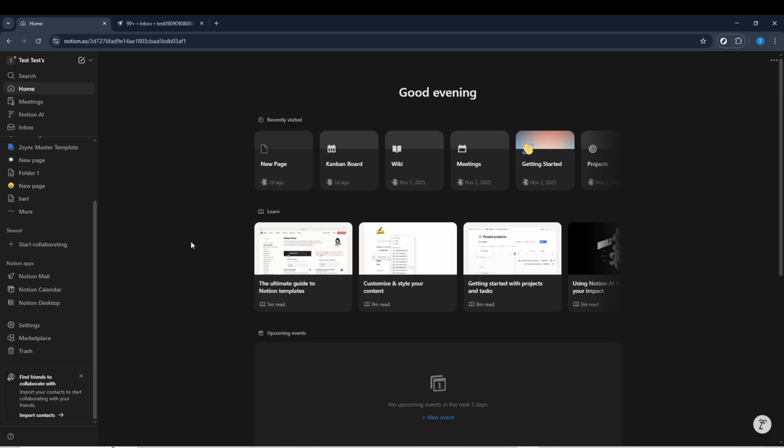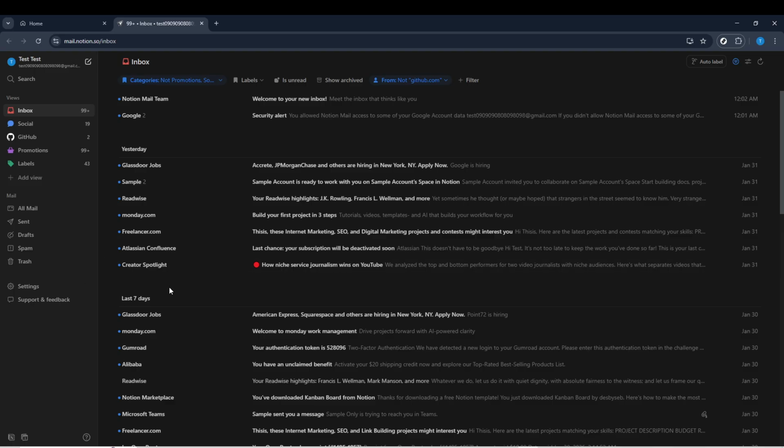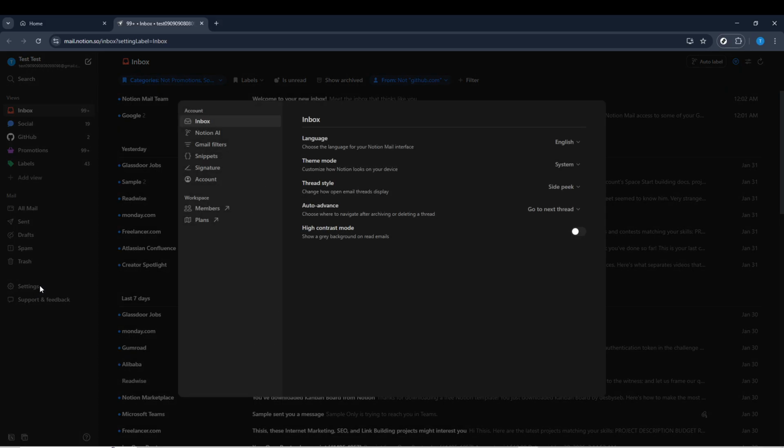your Gmail account itself. To begin, log into your Notion account and navigate to Notion Mail. Once you're inside Notion Mail, look for the Settings option and click on it. The Settings section is where you can manage all account connections, preferences, and security options. From here, locate and click on the Account section. This will display the details of the email address currently connected to Notion Mail, giving you access to options for